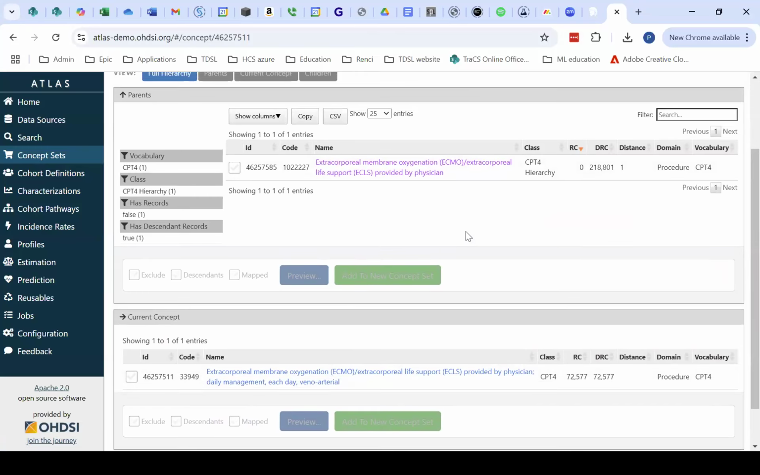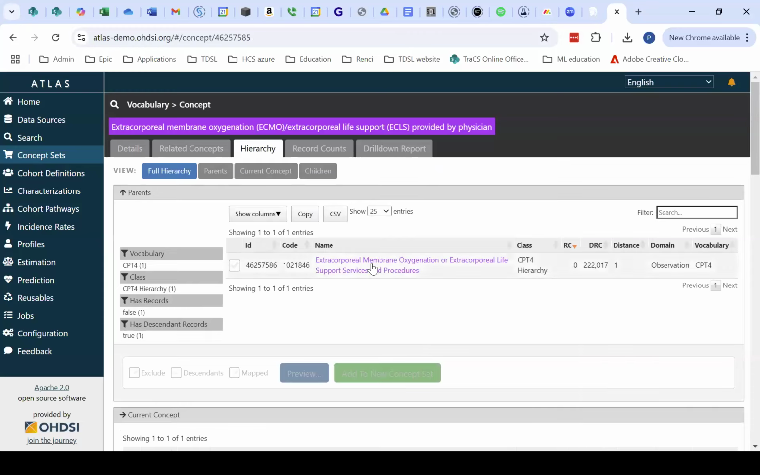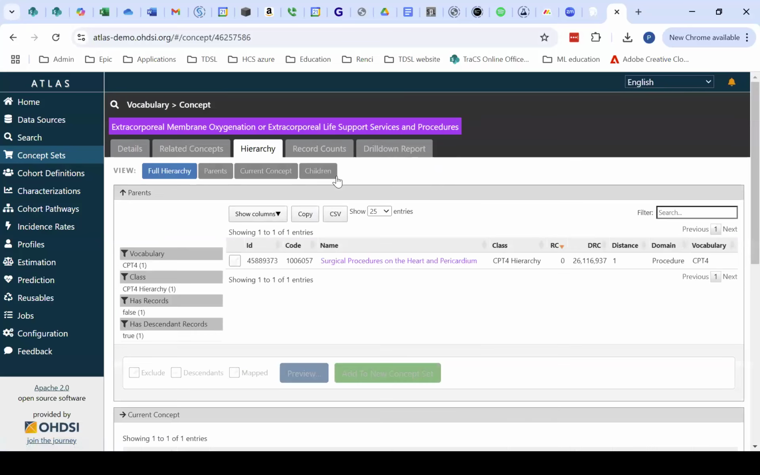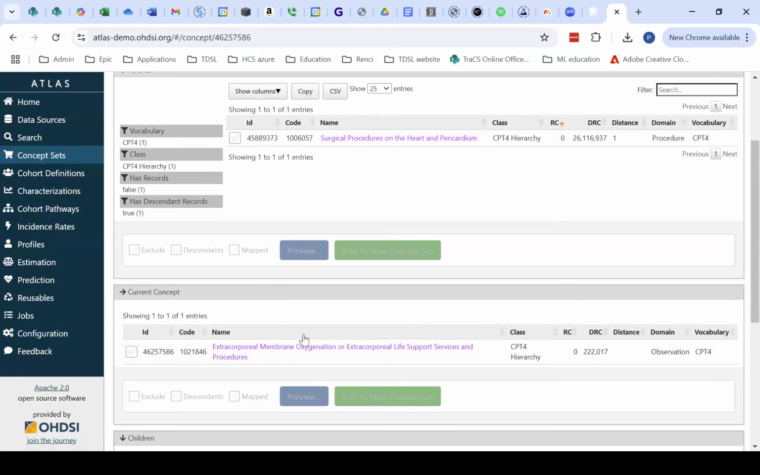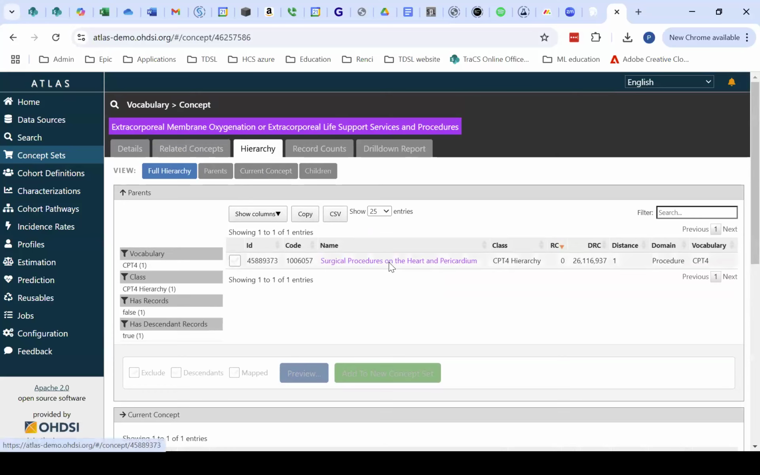So essentially ancestry. My current concept has an ancestor of a more general concept, and then I can keep going up. I've now moved up one level, and now I've gone up another level. You can see now I've left ECMO, and I'm at the most general ECMO concept, and that maps back to surgical procedures of the heart and pericardium as an ancestor. And I can basically keep doing this to navigate the vocab as a hierarchical ontology instead of as a more